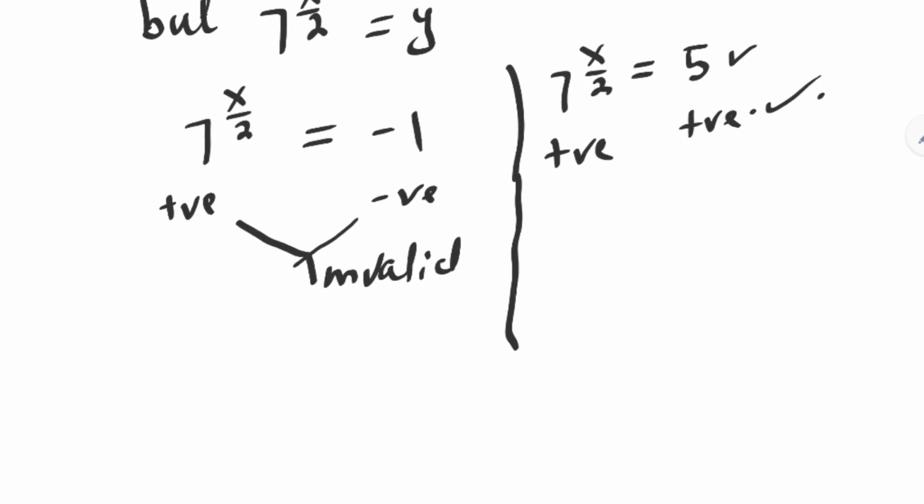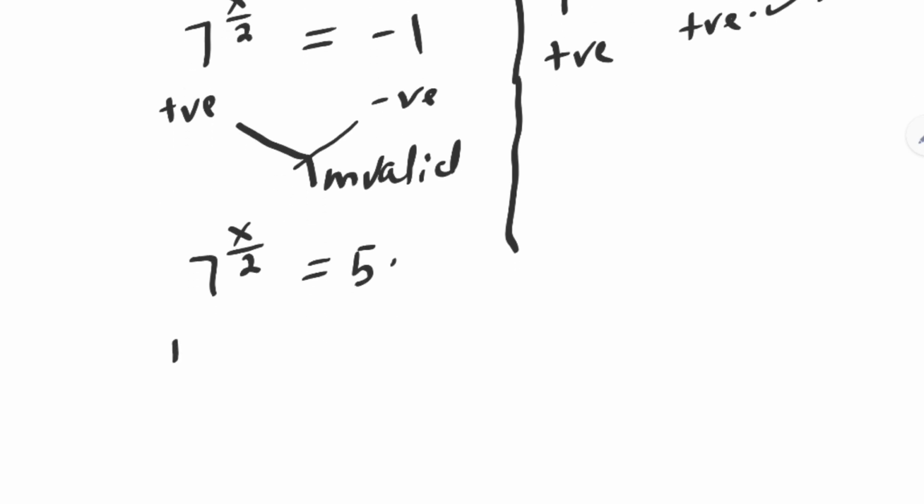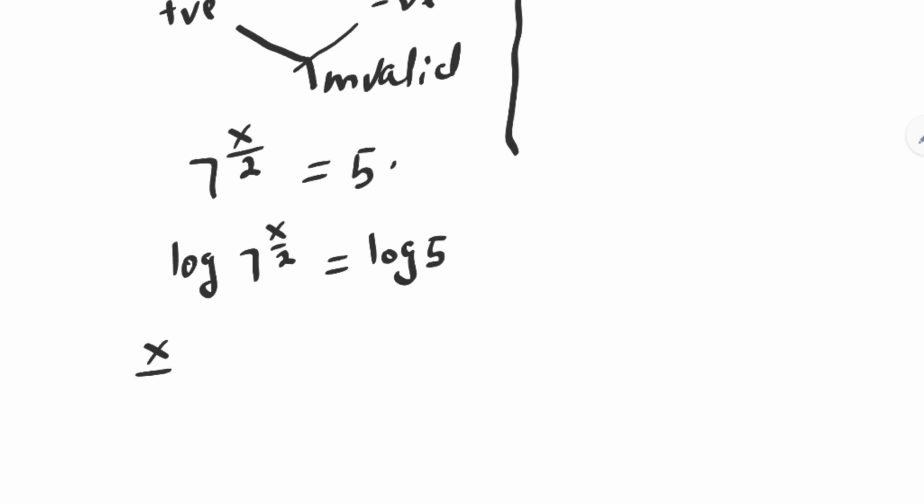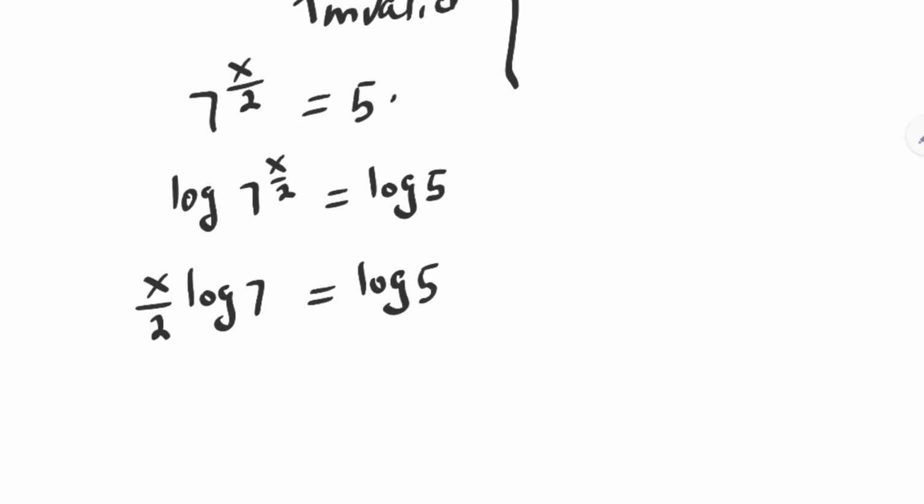Then we have 7 raised to power s over 2 is equal to 5. Now let us take the log on both sides of this equation. We have log 7 raised to power s over 2 is equal to log 5. s over 2 log 7 is equal to log 5. Let's divide both sides of this equation by log 7. We have s over 2 is equal to log 5